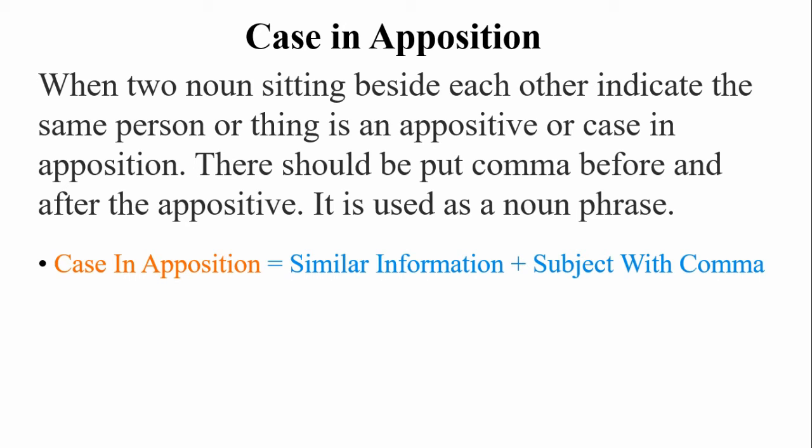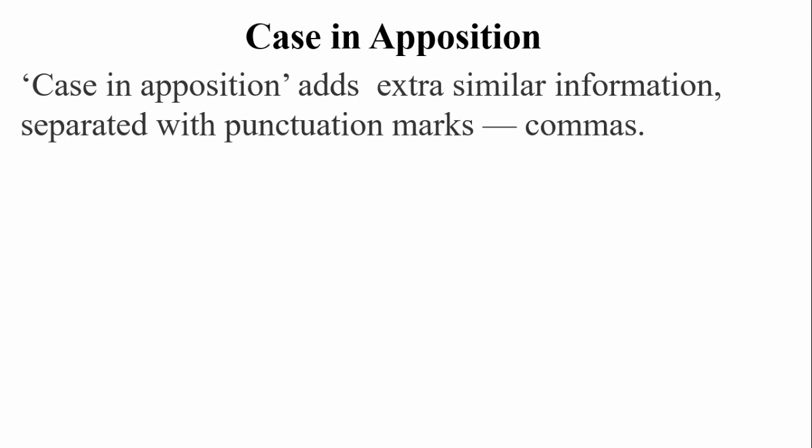Case in apposition equal to similar information plus subject with comma. Case in apposition adds extra similar information separated with punctuation marks, commas. অর্থাৎ কেজ ইন অ্যাপোজিশন হচ্ছে অতিরিক্ত একই ধরনের ইনফরমেশন প্রদান করে থাকে, যুক্ত করে থাকে, যেটা আলাদা করা হয় কমা দিয়ে।